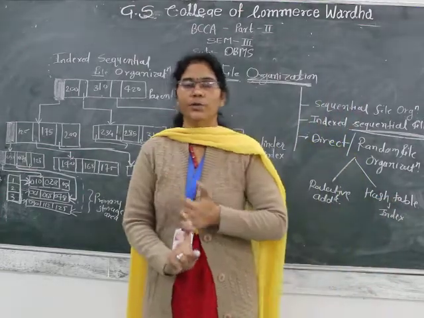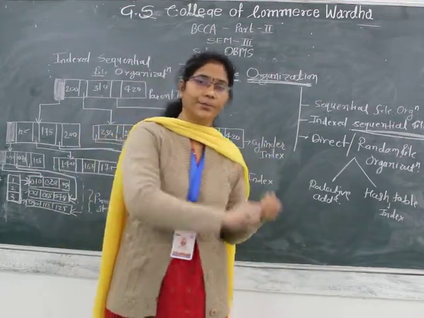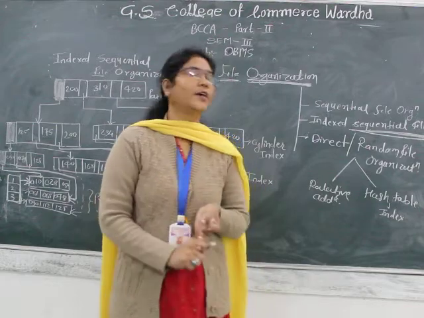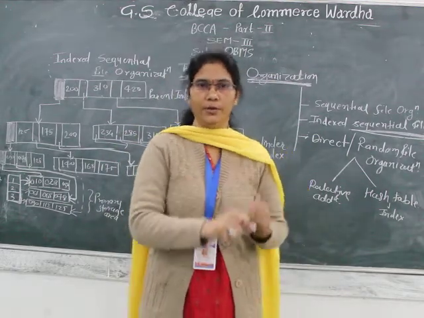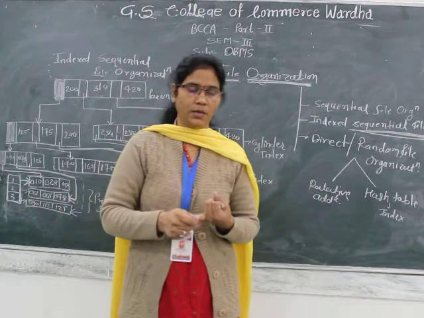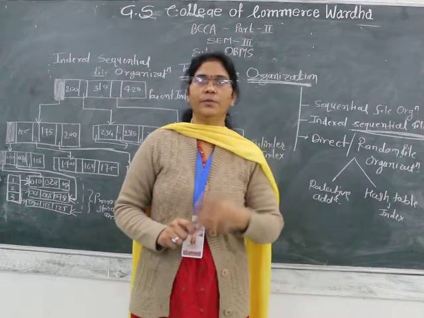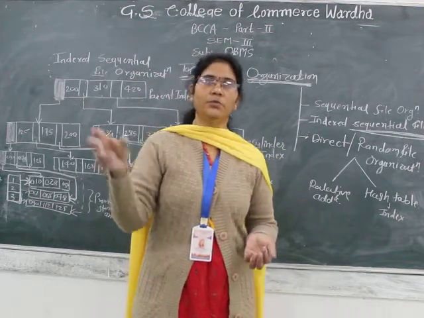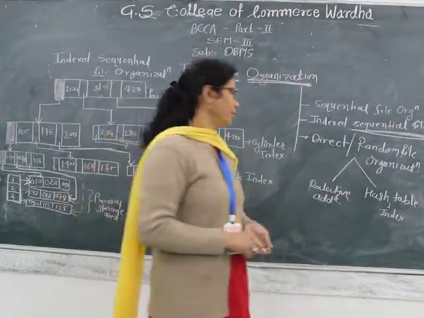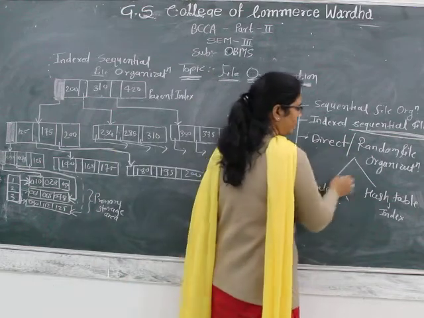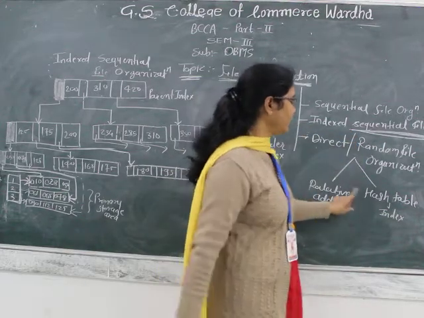So basically, sequential file organization is the simplest way to save our data in a secondary storage memory location. In indexed file organization, we have to maintain the metadata for storing the addresses of the file, or we can say the index number. Then the third one is direct access. Direct access means whenever we want some data from the secondary storage memory location, we just calculate the address and get that data from the secondary memory location. Direct or random file organization is classified into two parts. First is relative and second is hash.